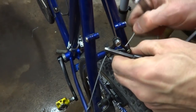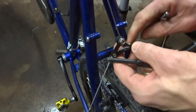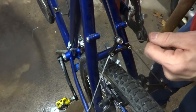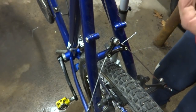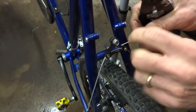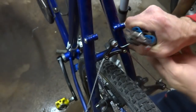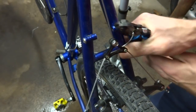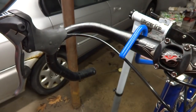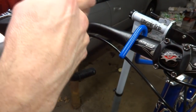Then bring the cable over here like this. I'm going to cut the cable off, leaving about 1.5 inches there, like that. And put a crimp on here to keep it from fraying or from stabbing anybody. Like this. And there. Now I want to tape the cable to the handlebars, so get a bit of electrical